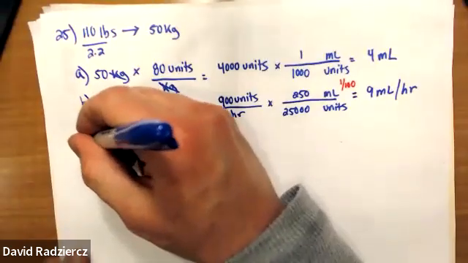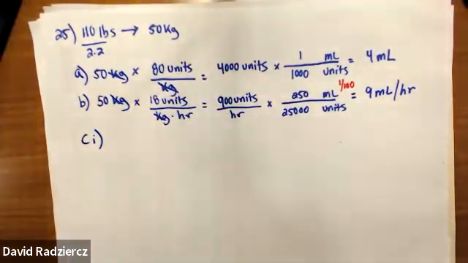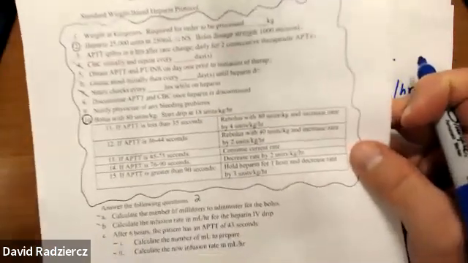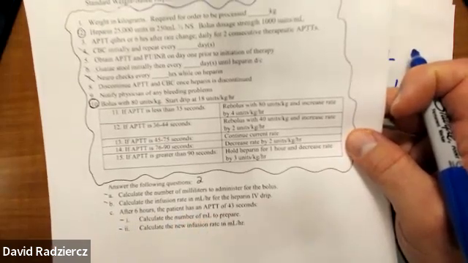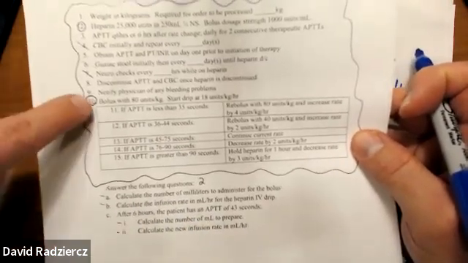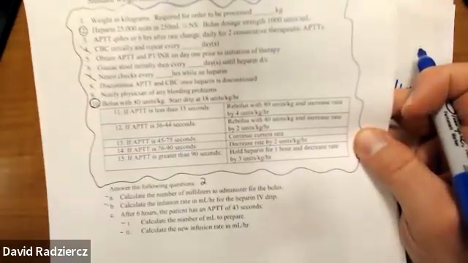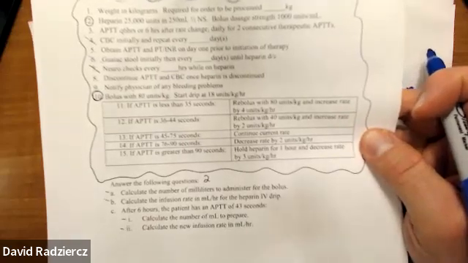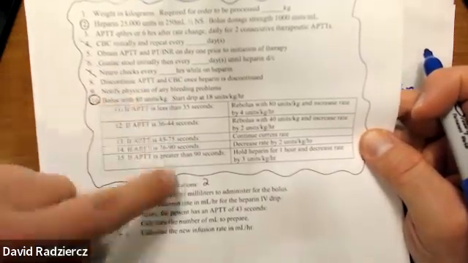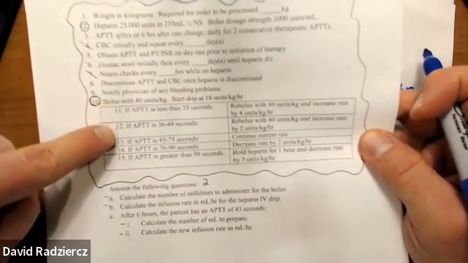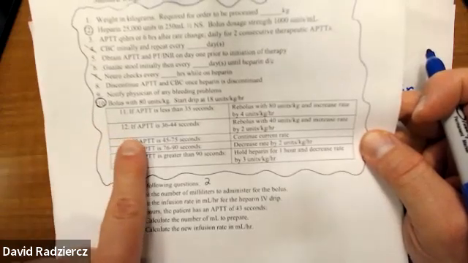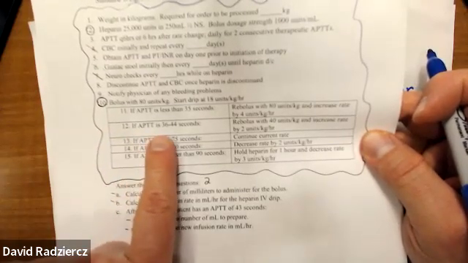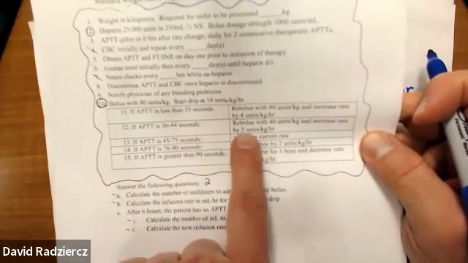For C part 1. So C tells us some new information. It says after 6 hours, the patient has an APTT of 43 seconds. Okay, so the boxed section is where we apply any information pertaining to the APTT. So we say, okay, 43 seconds, where is the range associated with the 43 seconds? Well, step 12 of the protocol says if the APTT is between 36 and 44 seconds, then you follow these